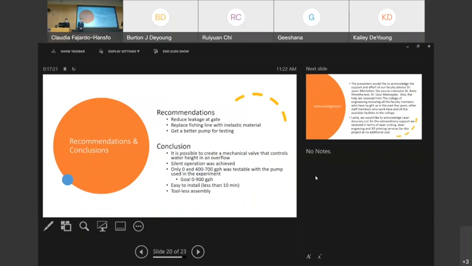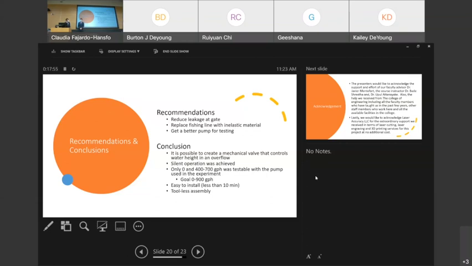Recommendations for the future, testing with this and moving forward with it. There was leakage noticed around the gate, so different means of production and manufacturing should be used to improve that. The fishing line that we used was also plastic, which caused a slight delay in the reaction of the gate itself. Having an inelastic material in place of that fishing line would create better, more stable interaction with